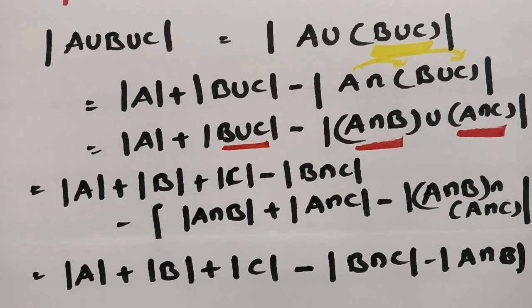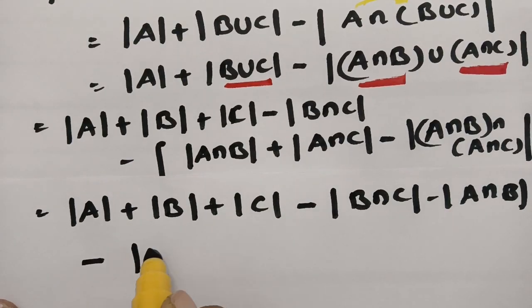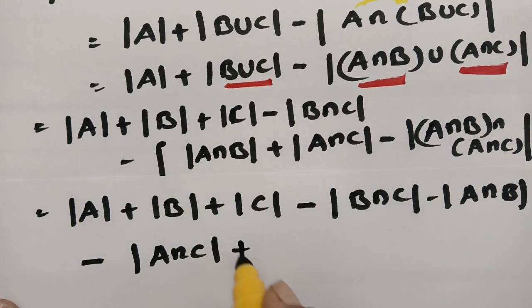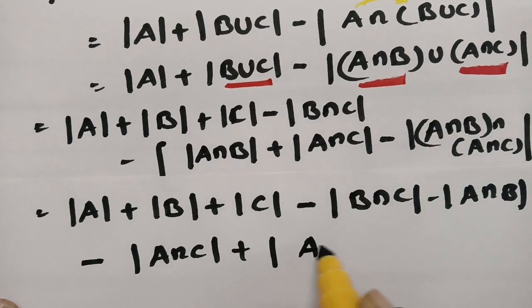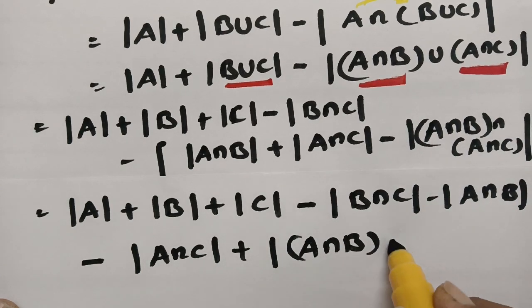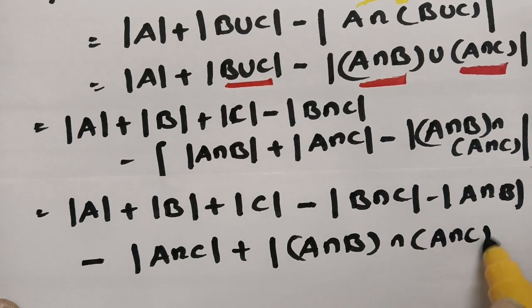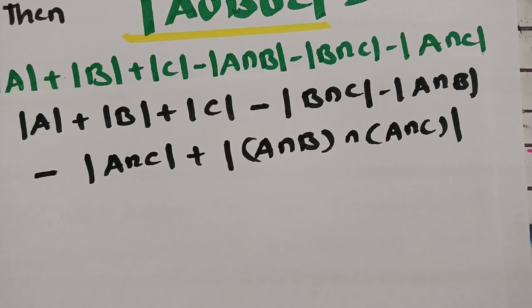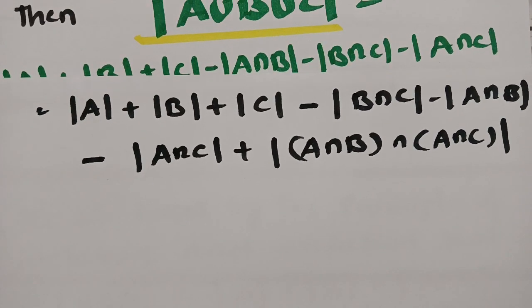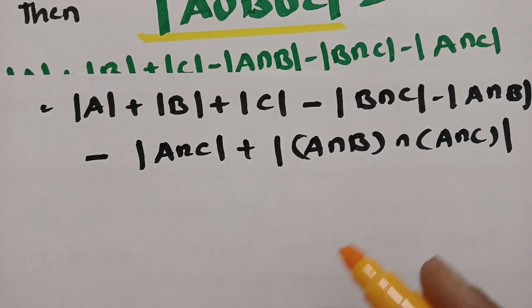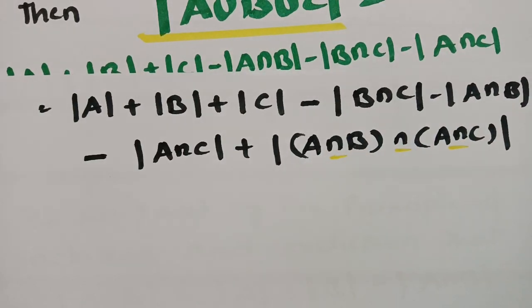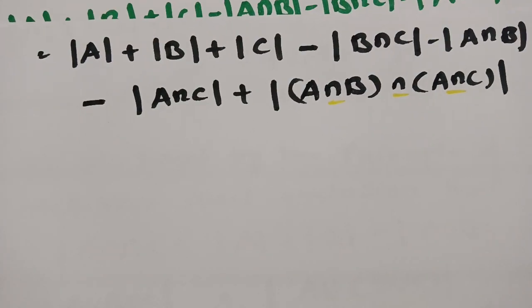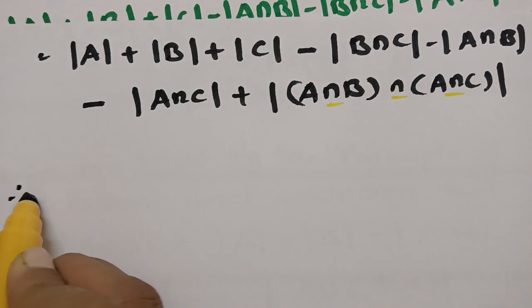And if I send this minus, clearly this will be minus the number of elements in A intersection C. And this is minus of minus plus. And this is nothing but A intersection B intersection, this is A intersection C. Clear? And therefore, see here, as the connectives are the intersection, this is connected by the intersection and A is repeated two times, and therefore this can be written as